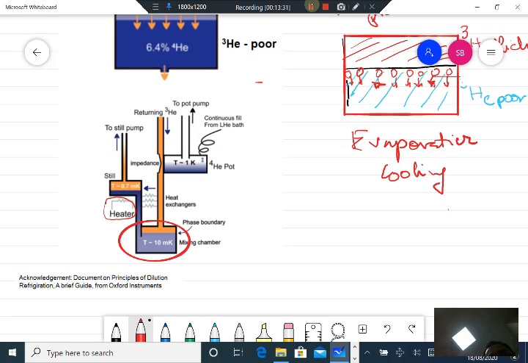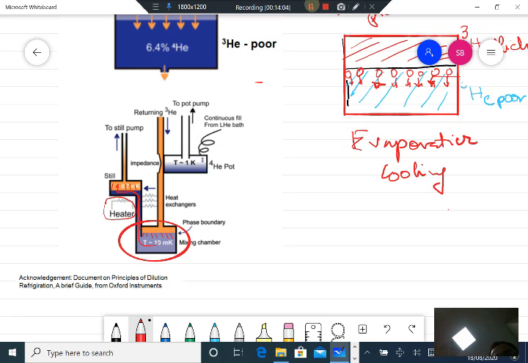And as a result, because of the osmotic pressure difference, the helium-3 molecules which are entering will be sucked up, taken up to this region and released into this. This process continues, and it continuously takes the high energetic helium-3 molecules and takes them into this region and then out to the pump. In this way you keep on cooling. By evaporative cooling, you start cooling the mixture.